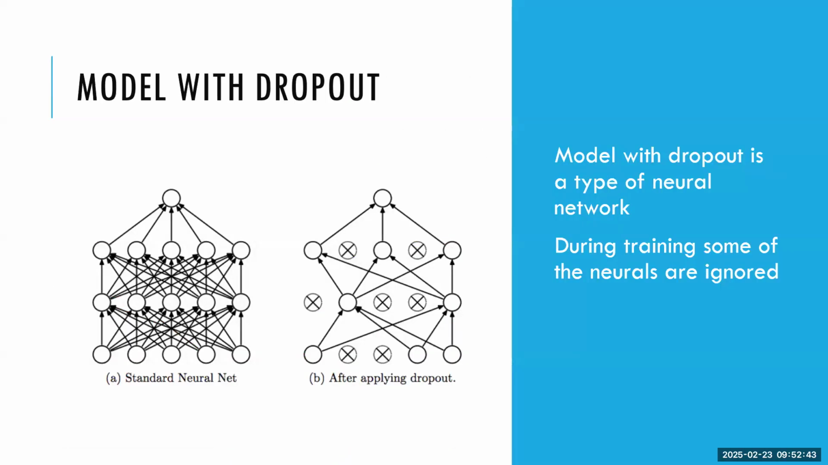So what is dropout? In a neural network, we have layers: maybe this is the input layer, these two are the hidden layers, and then we have the output layer. In a neural network, dropout means that during the training